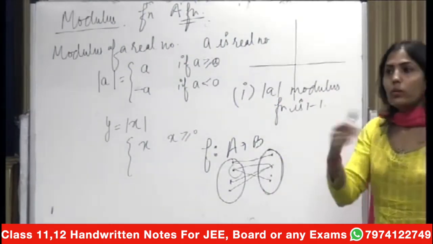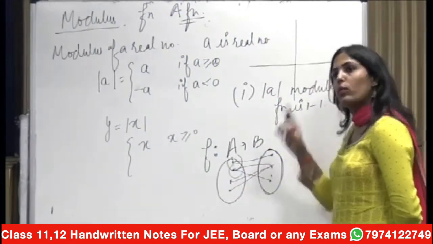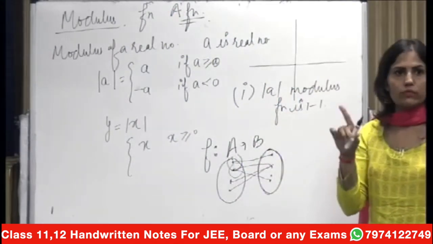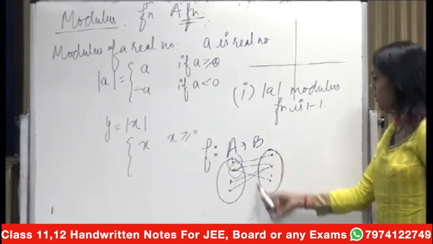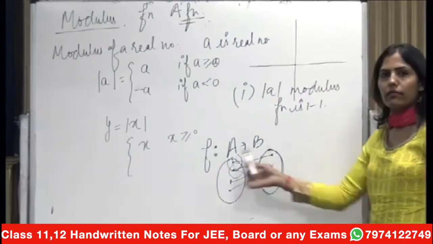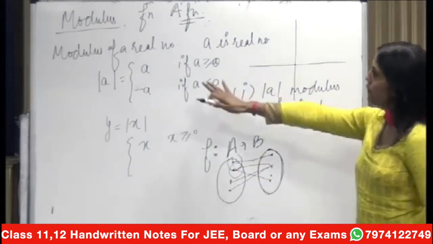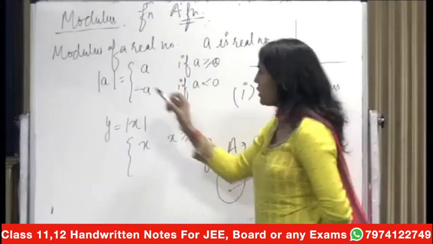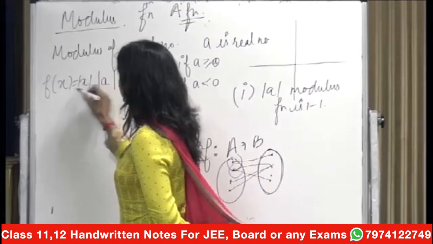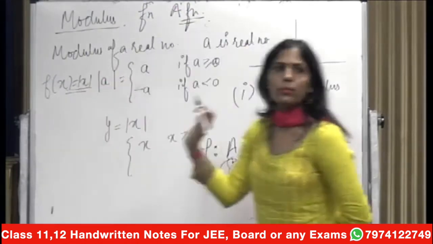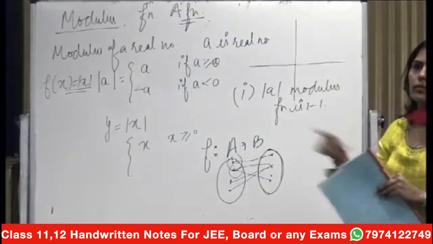Okay, one-one means that every element is connected to one element only. That is the meaning of one-one. Fine. Onto means what? That every element in the codomain should have a pre-image in the domain. This is the meaning. Now answer whether this function is one-one. This function is now f(x) equals mod x. This is the modulus function. A simple modulus function I have taken. Answer me whether this function is 1-1 or not.